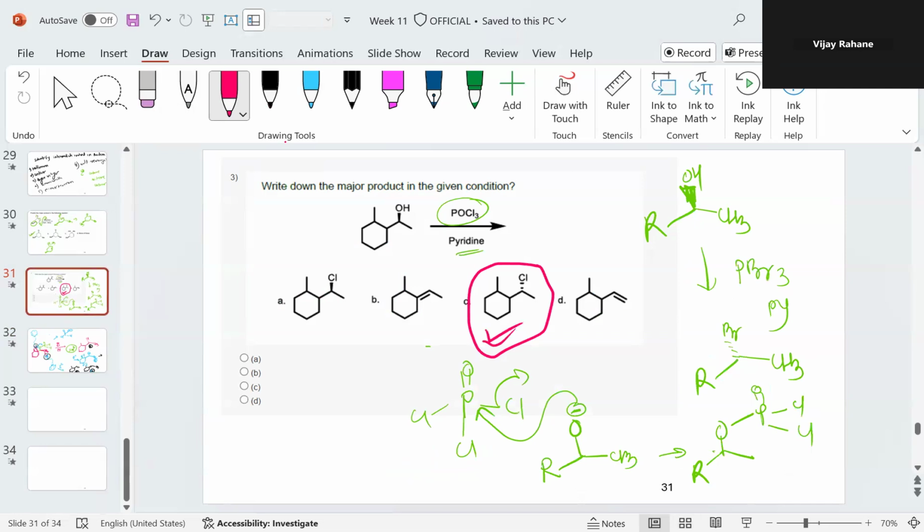Sir, as it is a secondary alcohol, it will proceed through SN2 reaction, and the stereo inversion will occur. Cl minus will attack from the lower side. Right. So most likely option C is the correct option, I think, right? Because these products, okay sir,